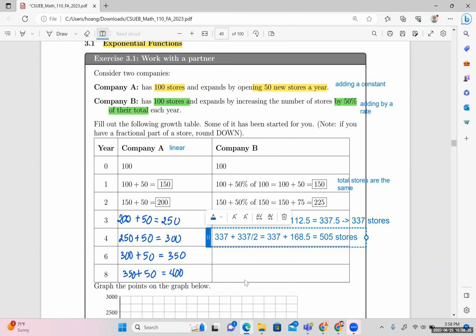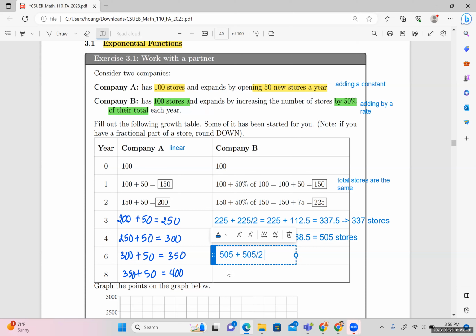And we do the same. 757. Oh, sorry, 505 plus 505 divided by 2, which equals 505 adding